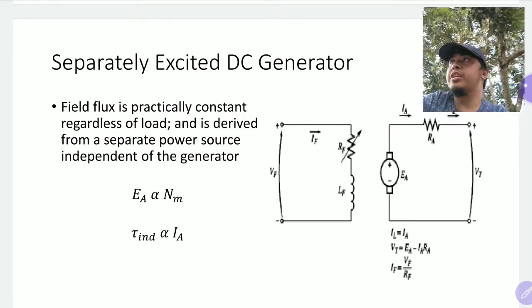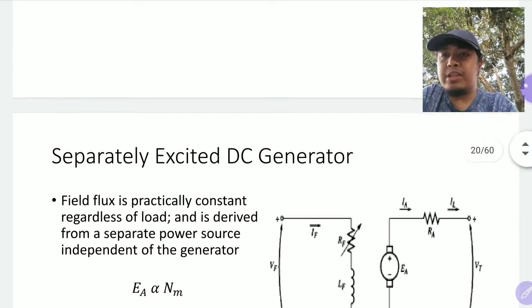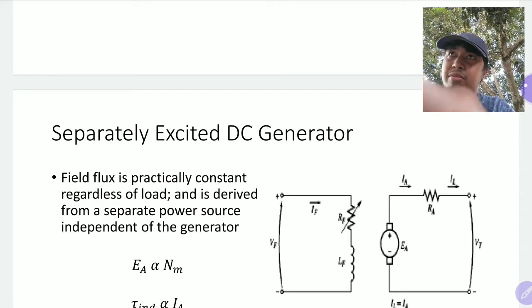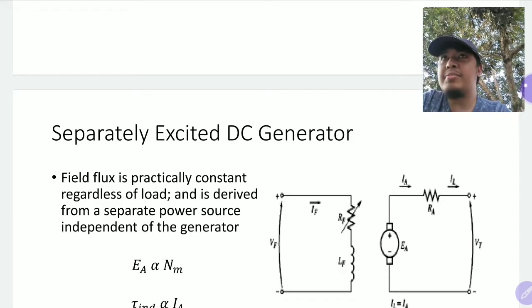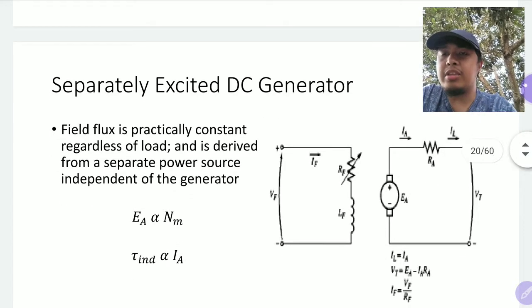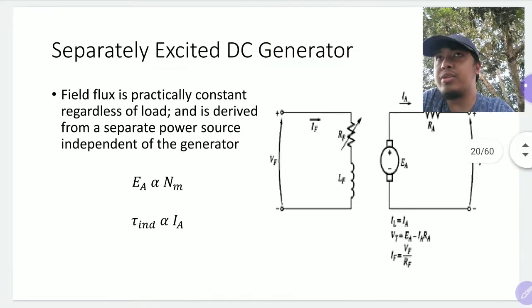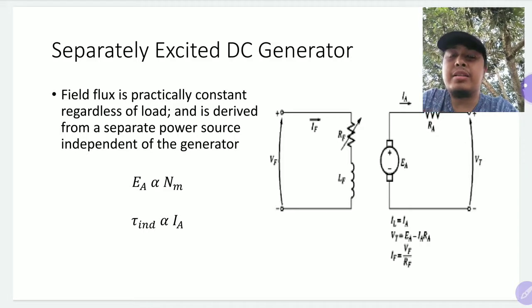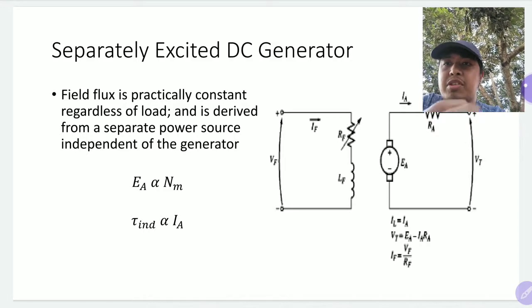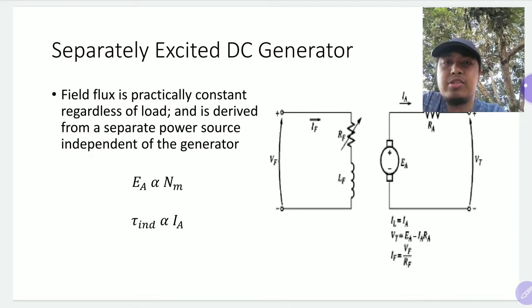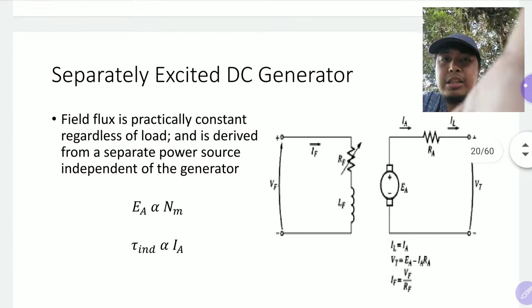according to excitation. So the most obvious one is your separate. Well, it's not very obvious, but I guess the simplest one is your separately excited generator. This is the simplest one because this is the one closest to your permanent magnet DC generator. The idea of a separately excited DC generator is that you have the field